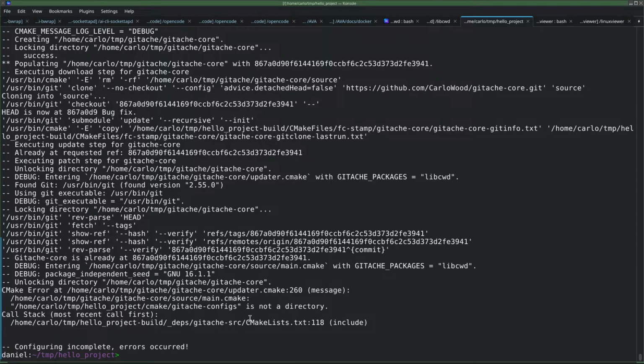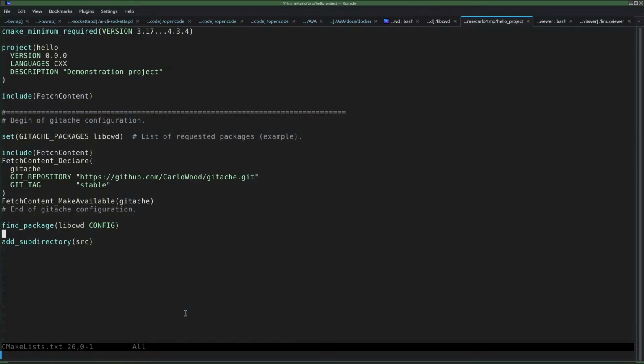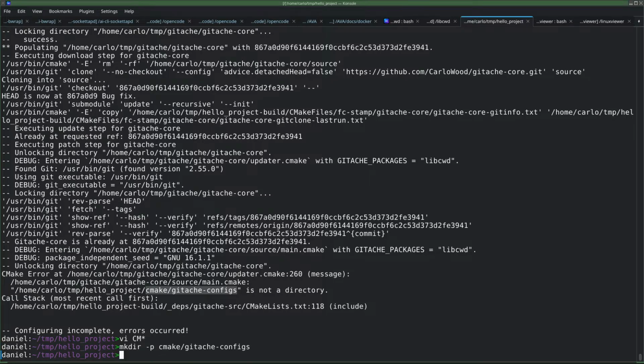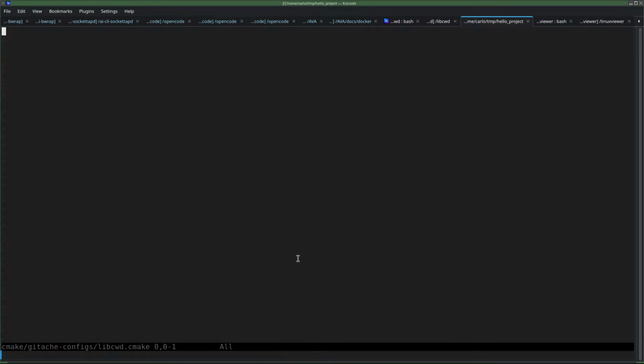Because we have to add configuration for gitache itself, otherwise it doesn't know where to find libcwd. The only thing we added is that it must use this package, but well. So add this directory, mkdir -p, and then in the directory we need to add a file called libcwd, just the package name, .cmake. And in there we have to put